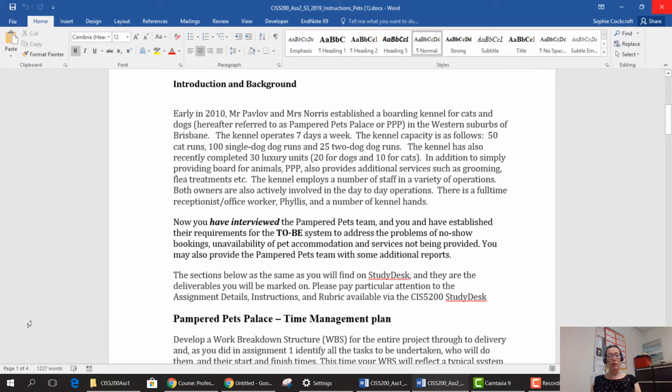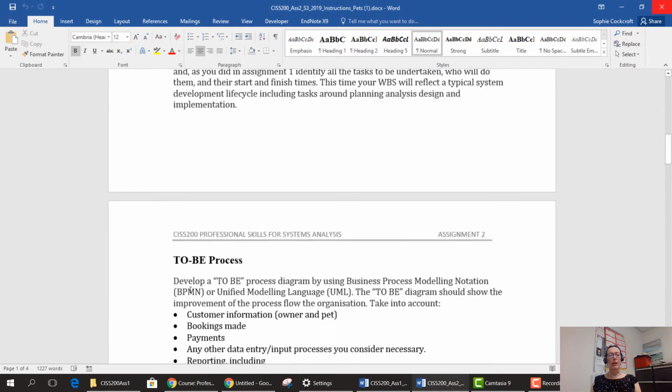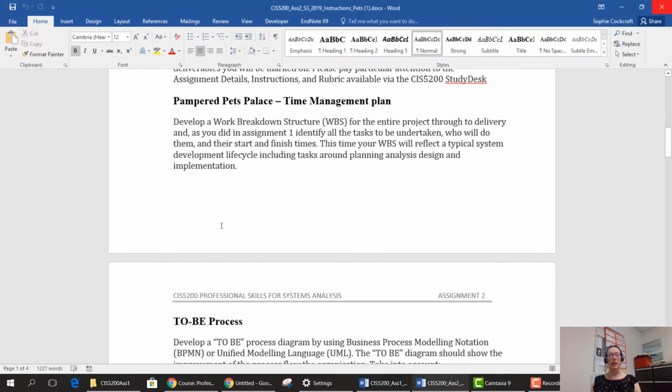So now you need to do a whole new time management plan. This time it's for the to-be process, and I'm going to give you a big hint here. As it says, it reflects a typical system development life cycle, including tasks around planning, analysis, design and implementation. So that's what we're aiming for. You're going to show me how you're going to implement this system, or perhaps show Pavlov and his wife how you're going to build this system,